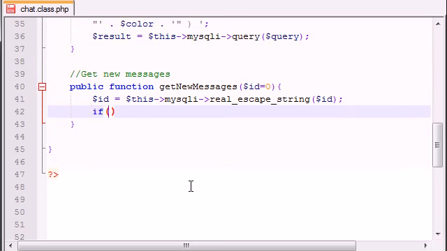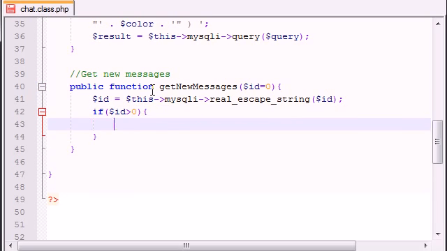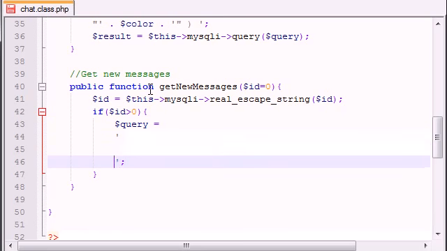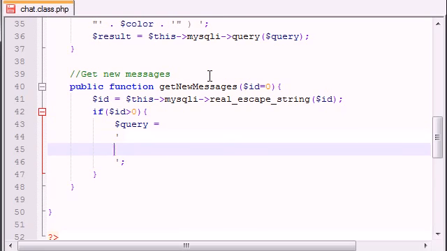If the user only wants the messages that are greater than 0, then let's give them the new messages only. Of course, for this we need to build a query. I'll do it like this. The query for this is just